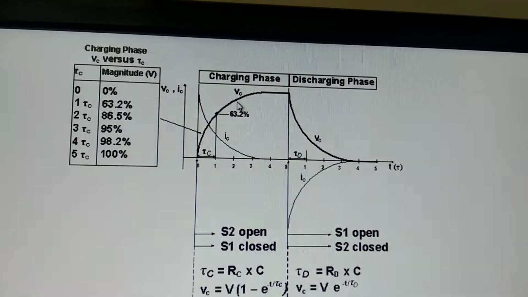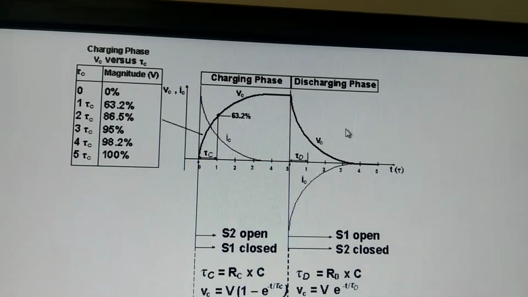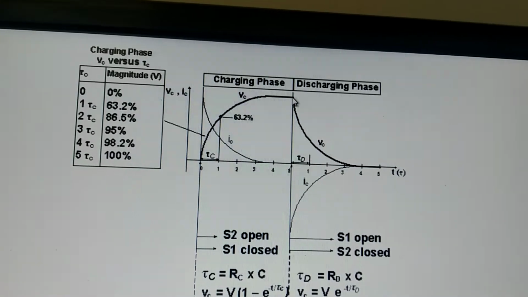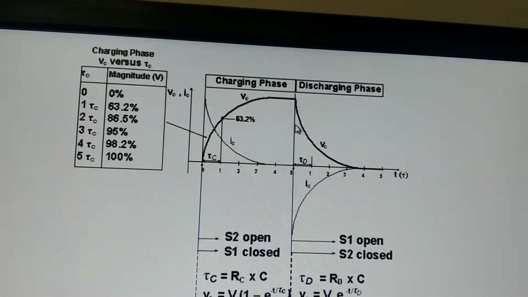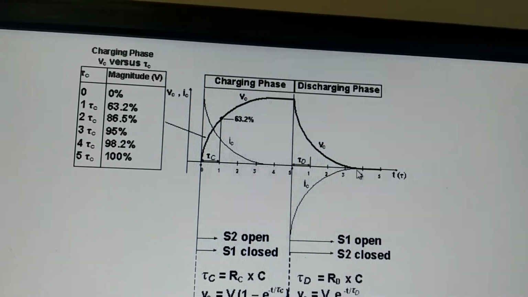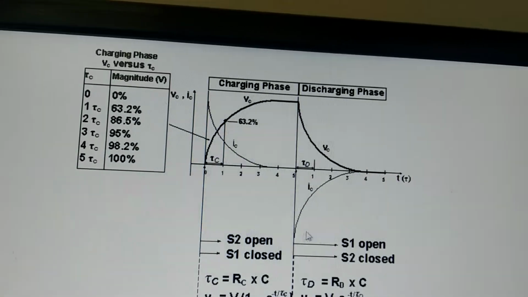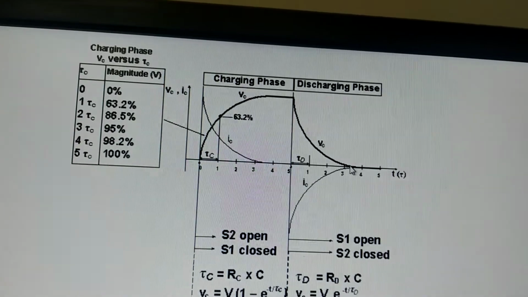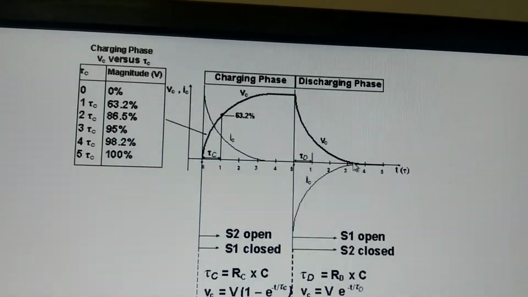This is charging for voltage and current. This is discharging, because during discharge the voltage will be maximum since it acts as a source, and as it goes on discharging, the voltage will go on reducing and reach 0. And this is the current graph. Current also goes on decreasing. If it is discharged, it cannot deliver any voltage or current.